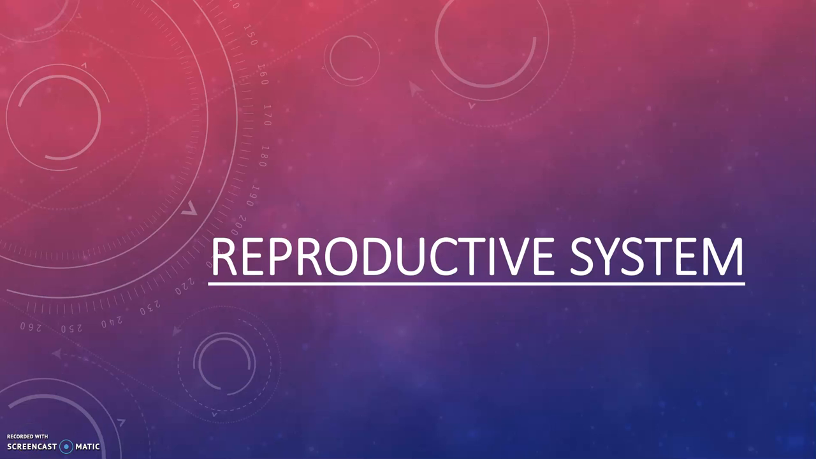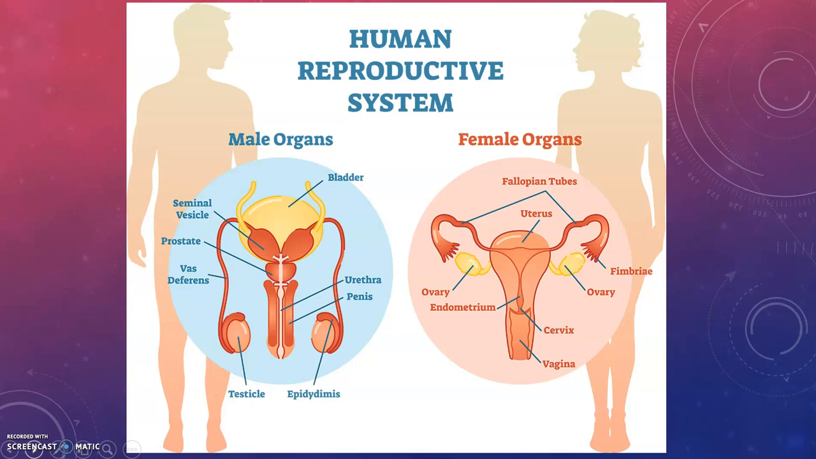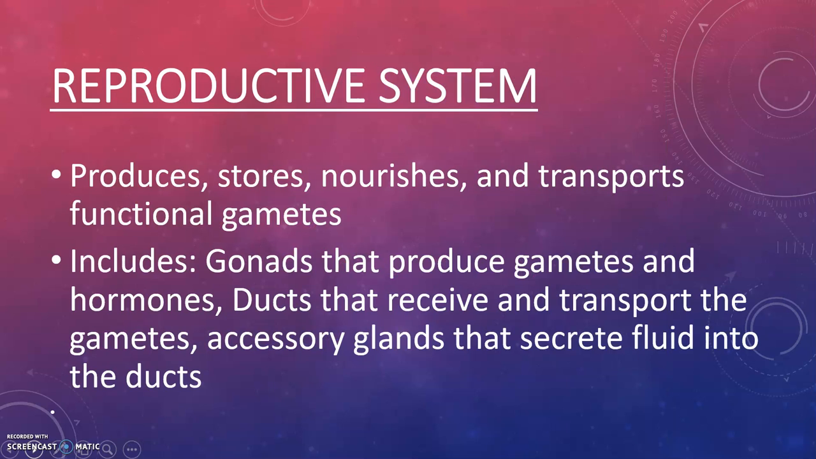Hello, today we're going to be talking about the reproductive system. As you can see in the diagram that's coming up, there are some differences between male and female reproductive systems. So what we're going to do is take the different systems and learn about the different organs and their functions. In general, the reproductive system is a system that's going to produce, store, nourish, and transport